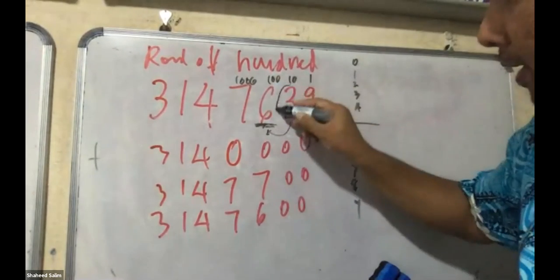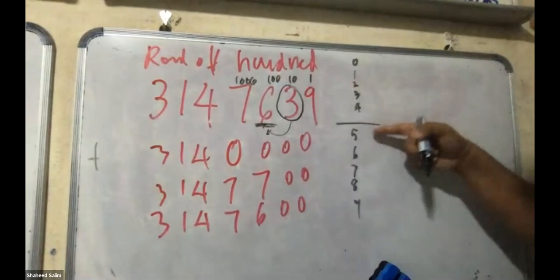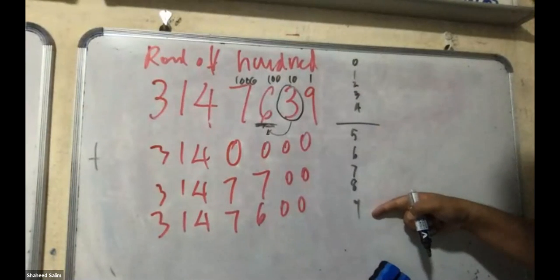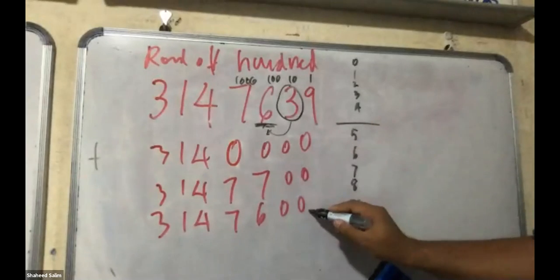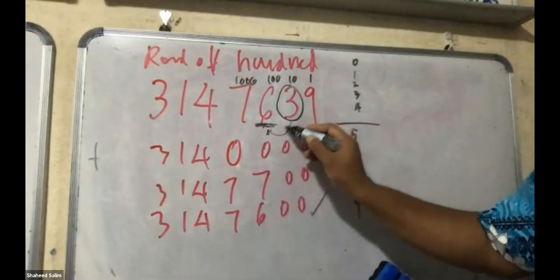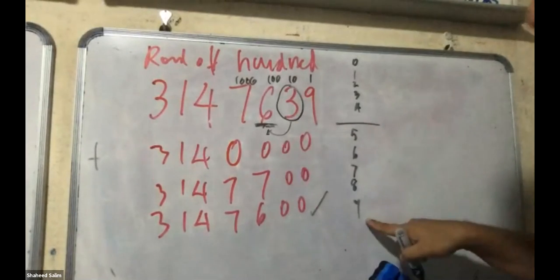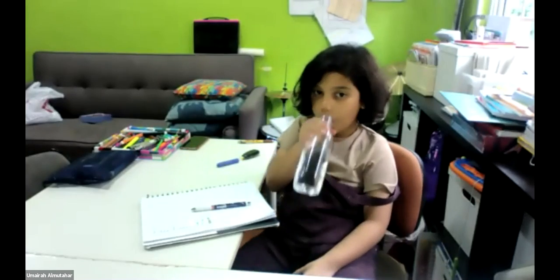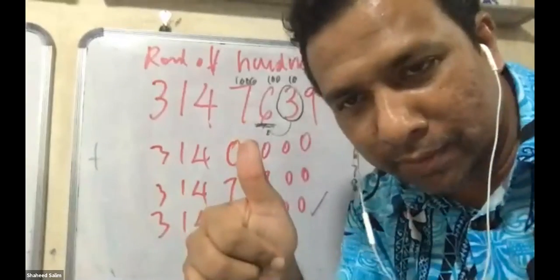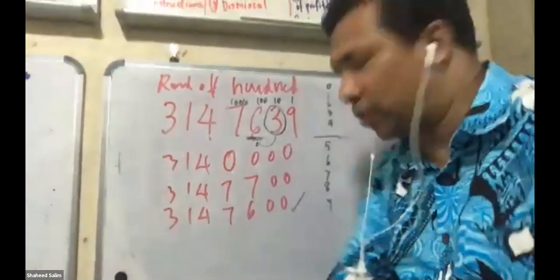So now, Nayumi, is this 1, 2, 3, 4 or 5, 6, 7, 8, 9? 1, 2, 3, 4. Must you plus 1? No need. So this one is correct. You don't plus 1. If you plus 1, that means it's 5, 6, 7, 8, 9. Okay, you get it or not? Okay, we try the next one.